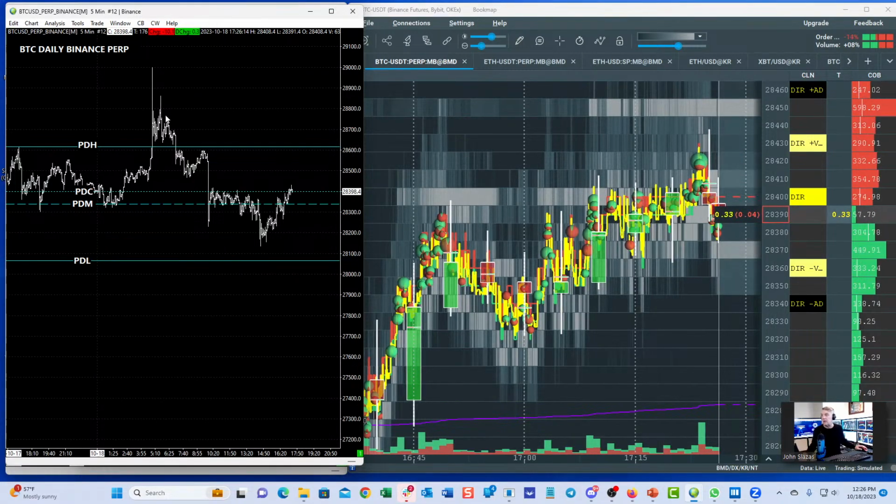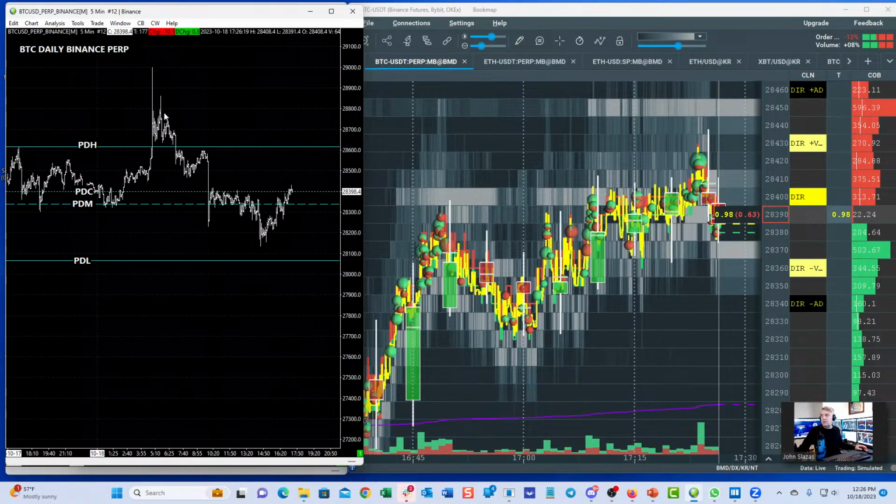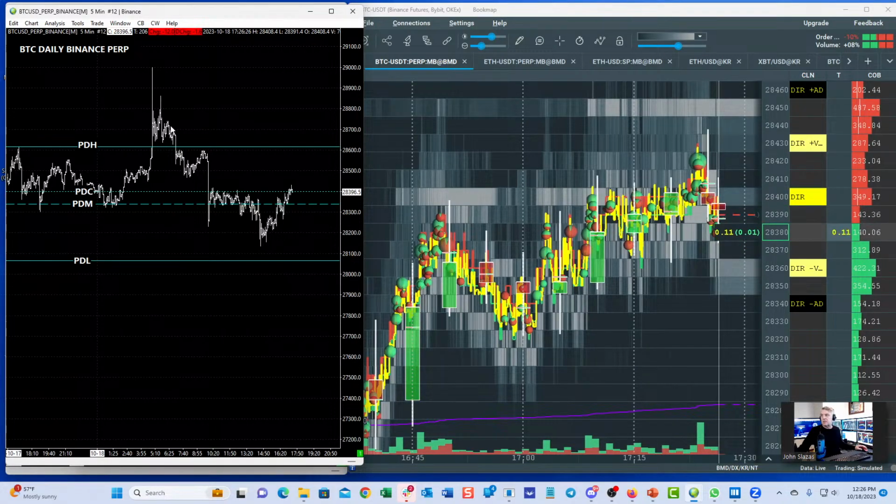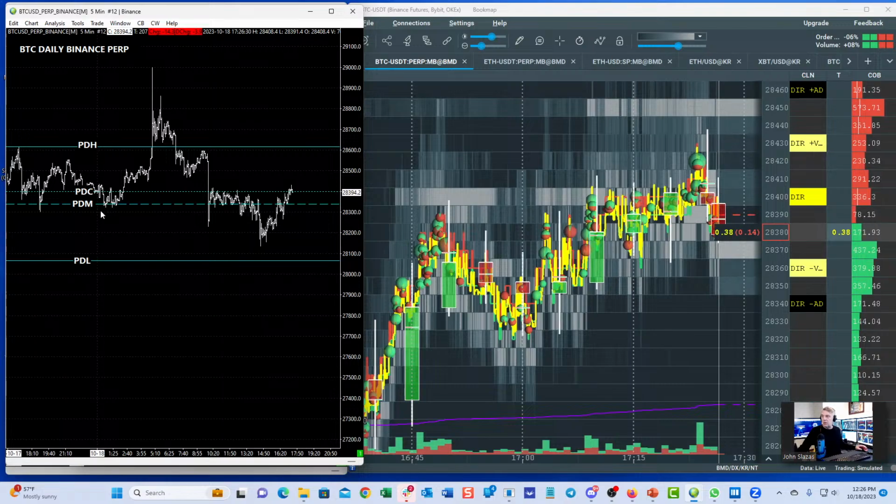This thing should start trending higher, and it makes sense. Above the previous day's high, it should trend higher. And then it doesn't, and it stops. Okay, maybe it's just consolidating to go higher. I always like to see the market perform perfectly. So if the market's not performing perfectly, then there's a problem.